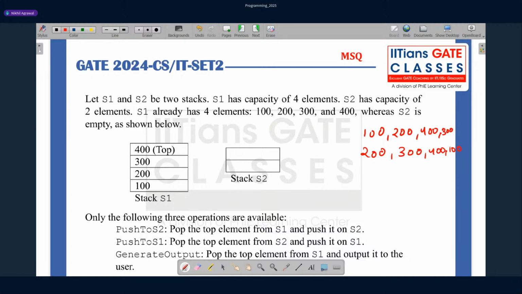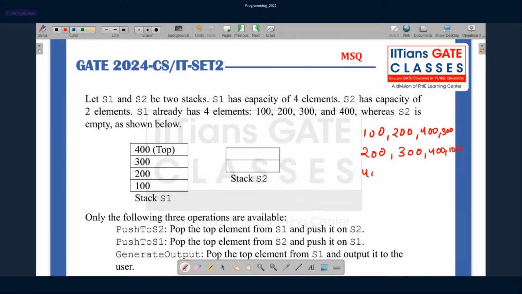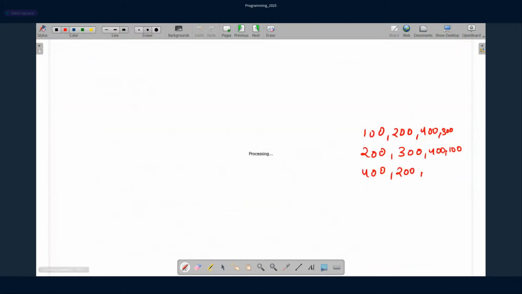Again, I hope it's very clear: S1 has a capacity of 4 elements and S2 has a capacity of 2 elements. Jiggy is saying the second one is possible. Let me write the other options: 400, 200, 100, 300.